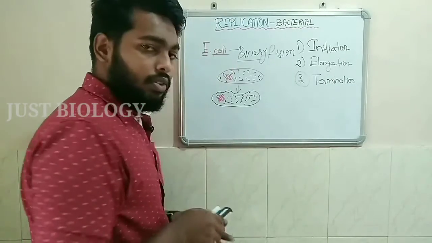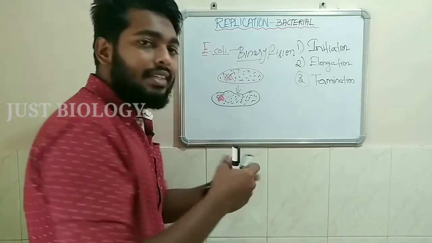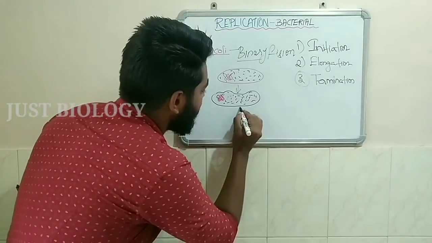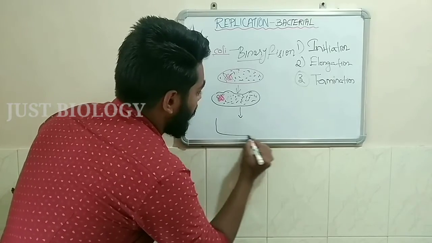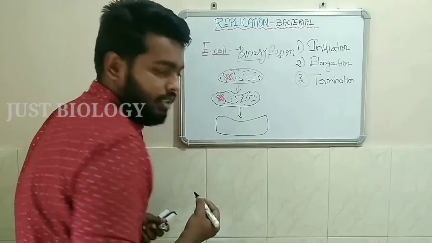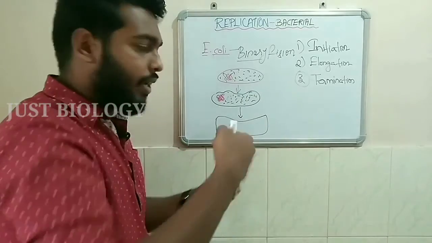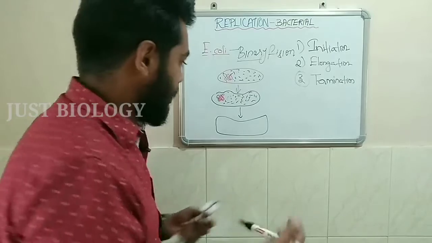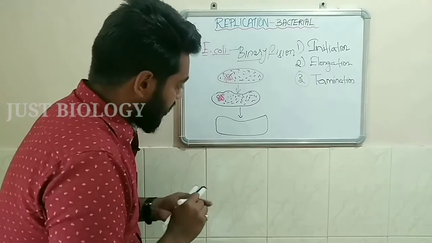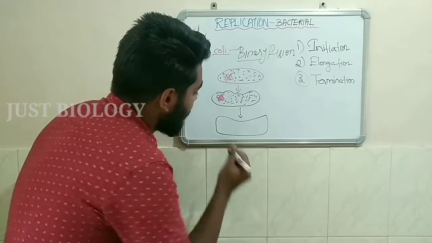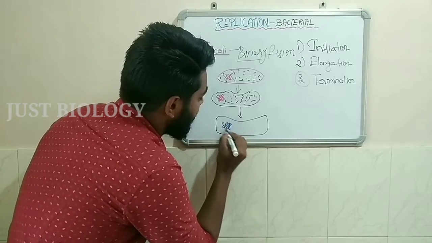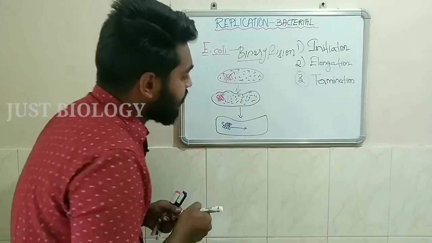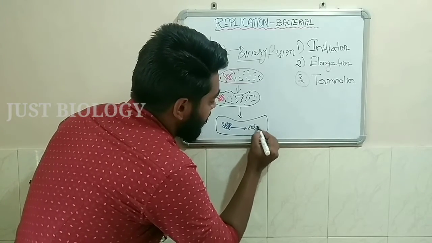Actually, the replication process will happen during the cell enlargement stage. So the cell again will possess a bigger size, a little bigger than it was in the previous stages. Now the content will be